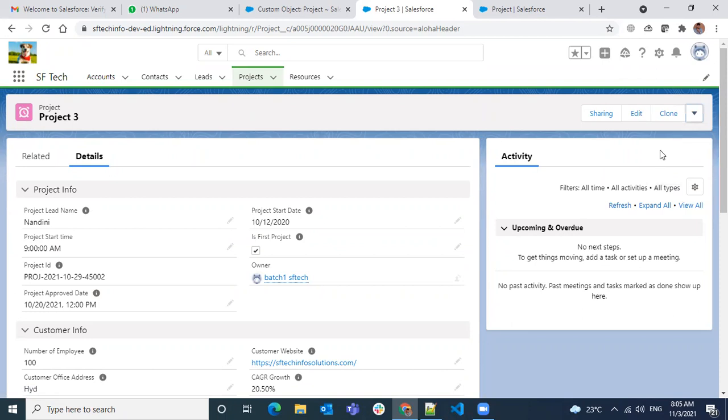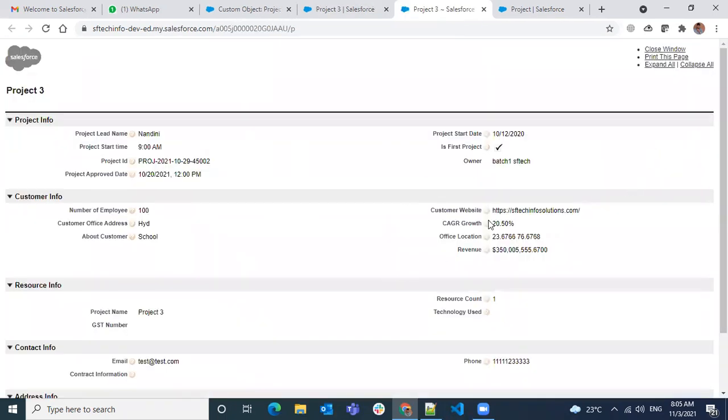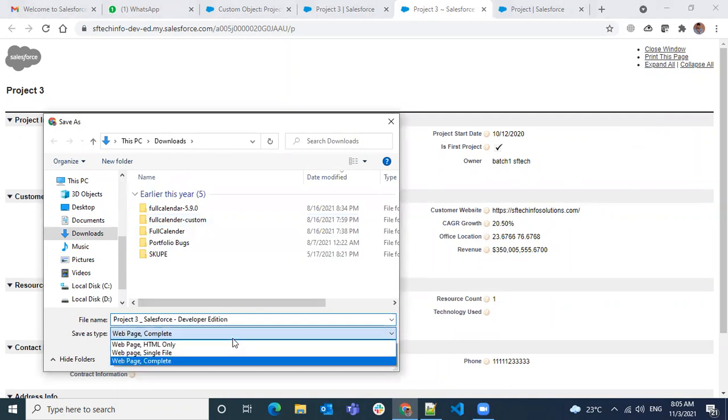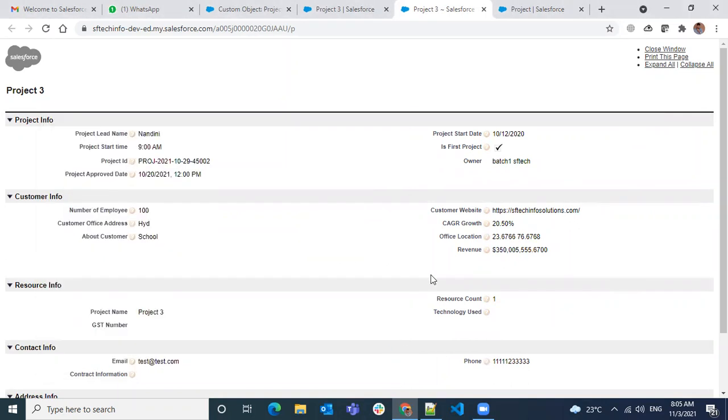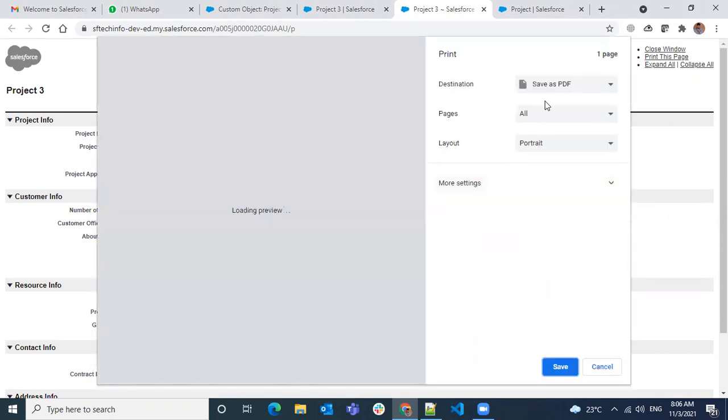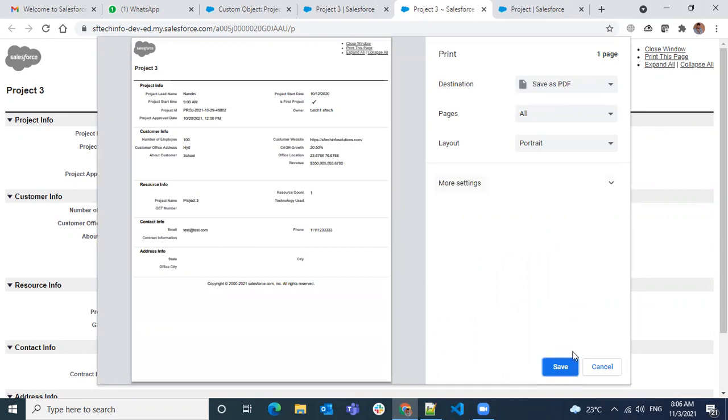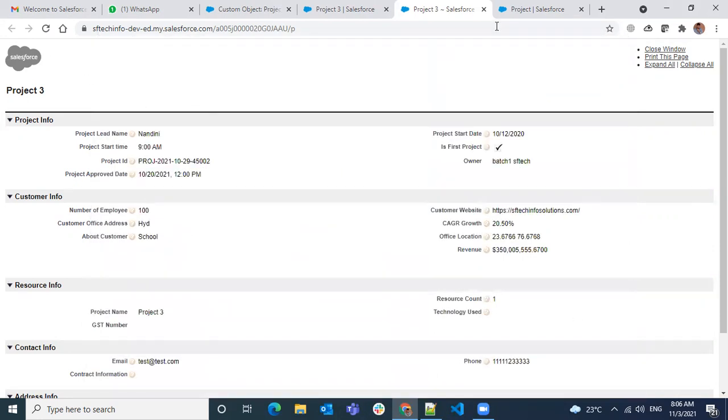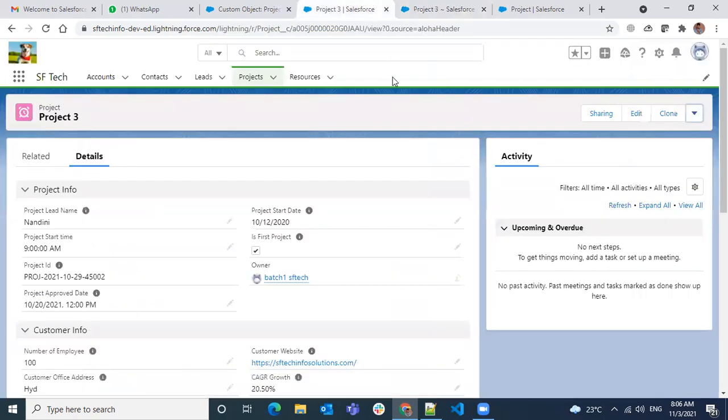So printable view, you can make a PDF format of it so that it will be how it looks. If you want to take a printout, you can use print this page, things like standard view, or you can just save it as a PDF also. You can save directly by using save. So there's an HTML. So when you do a control P, you have the option to save this as a PDF also. And okay, I'm just going to switch back to printable view.